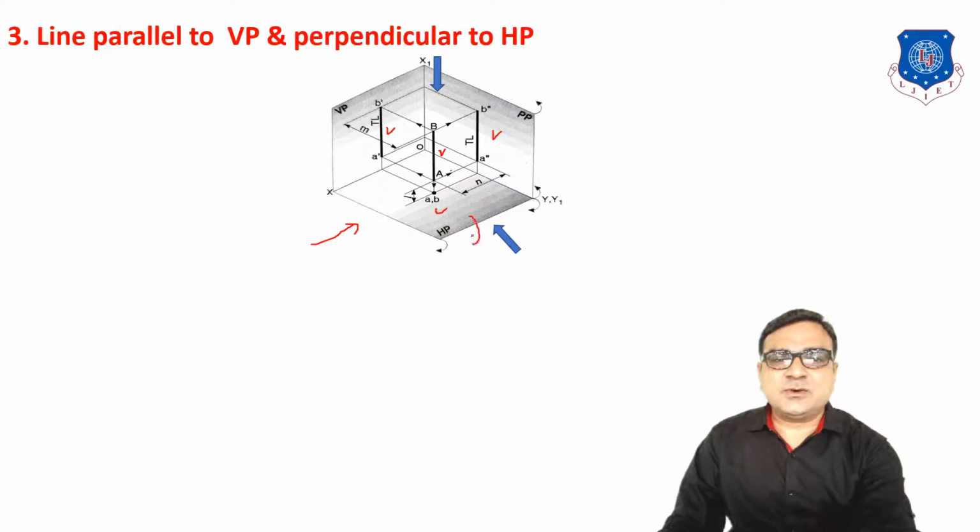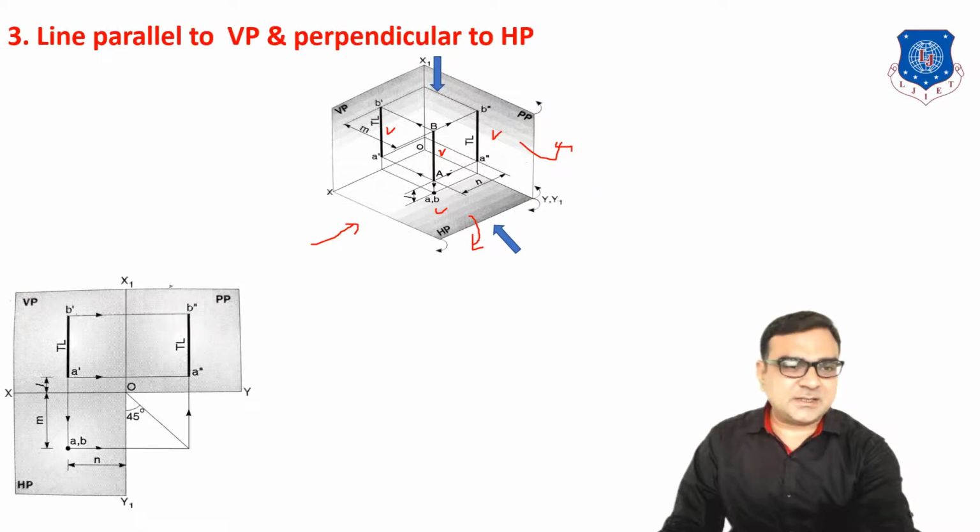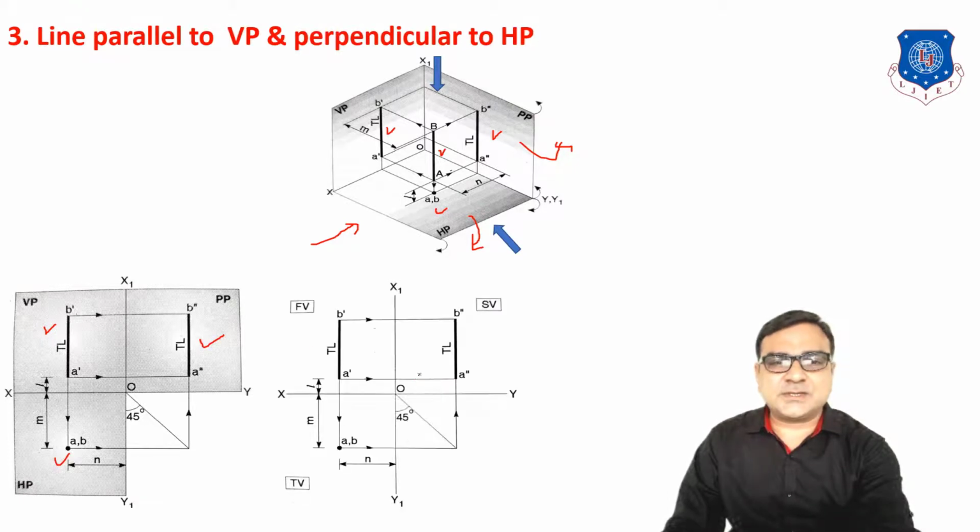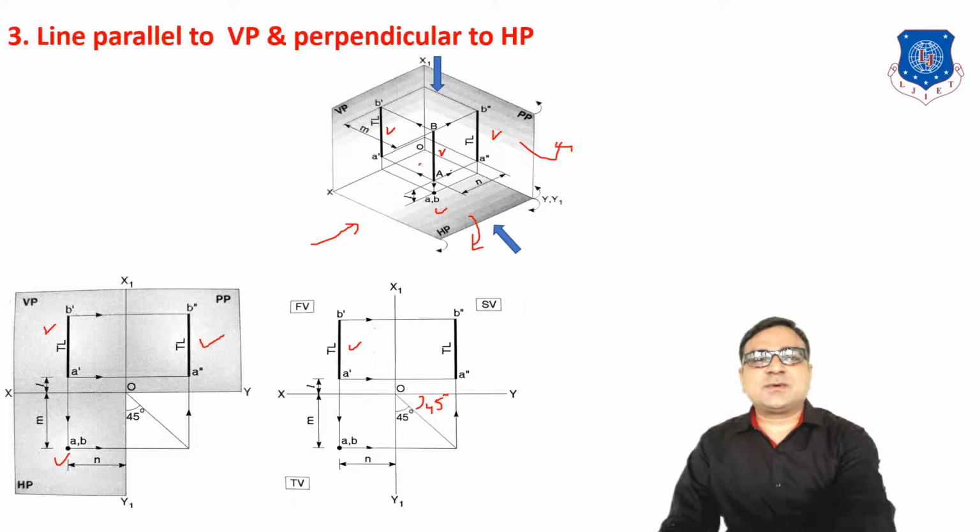By rotating the horizontal plane and profile plane by 90 degrees, you will get this type of projection in 2D. This is the front view, top view, and left hand side view representation in the general way, with XY, X1 Y1, and the 45 degree intersections for the side view. So here, why is the front view true length? Because our line is parallel to it.